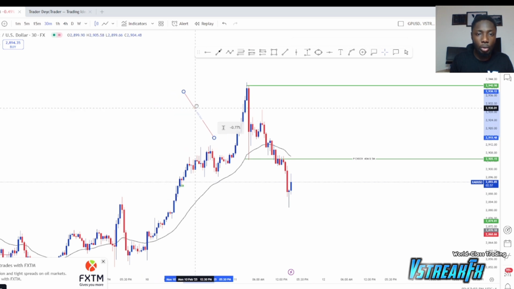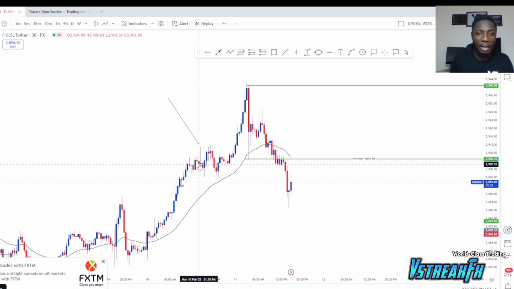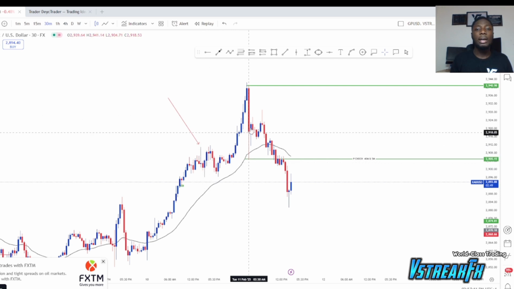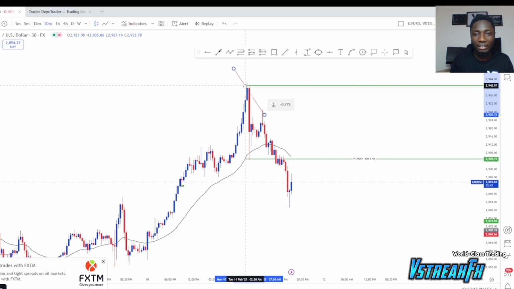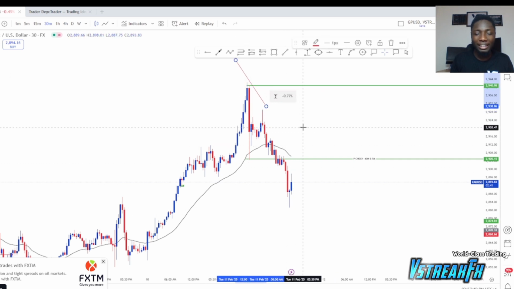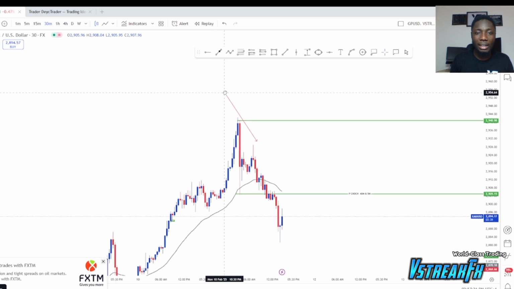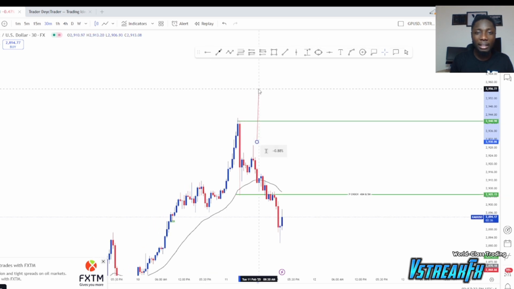A typical example of a hanging man is this. We have a long wick and a small body, a very long wick and a small body. This is a perfect one here. Wow, this is nice. So anytime we have this hanging man there,